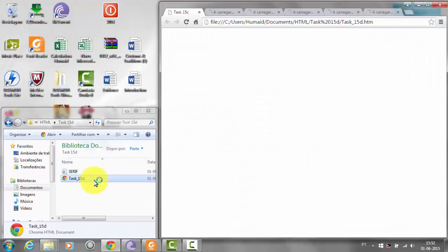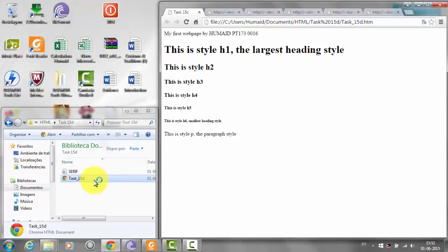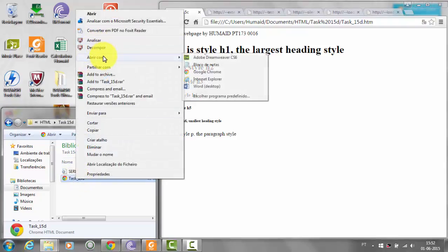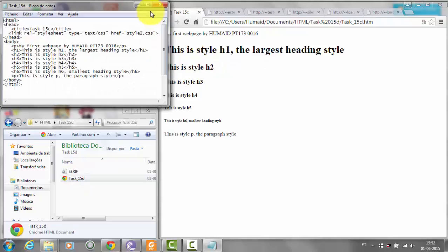Now you click here and you can see the changes that this made. Better.